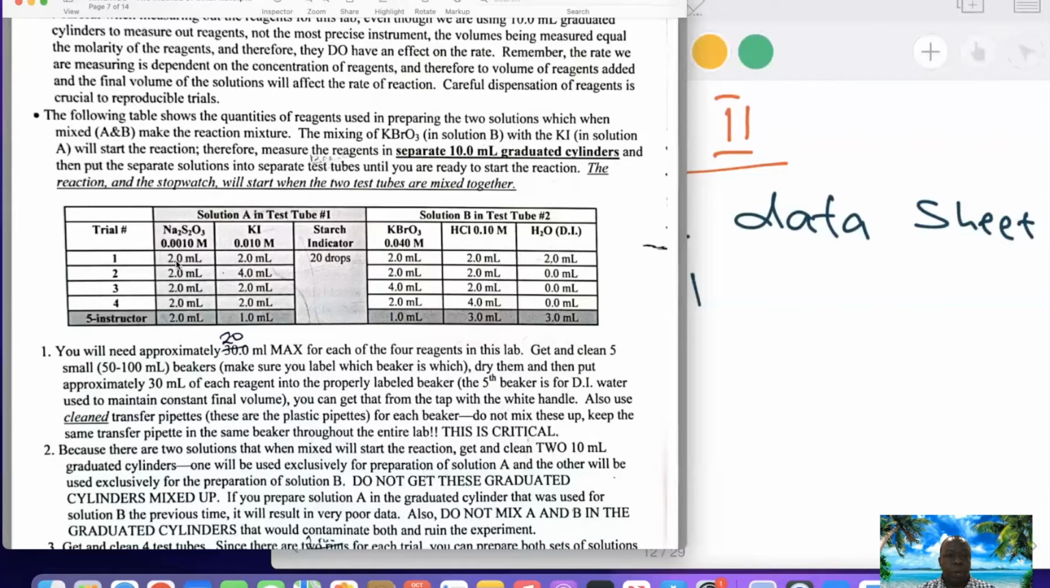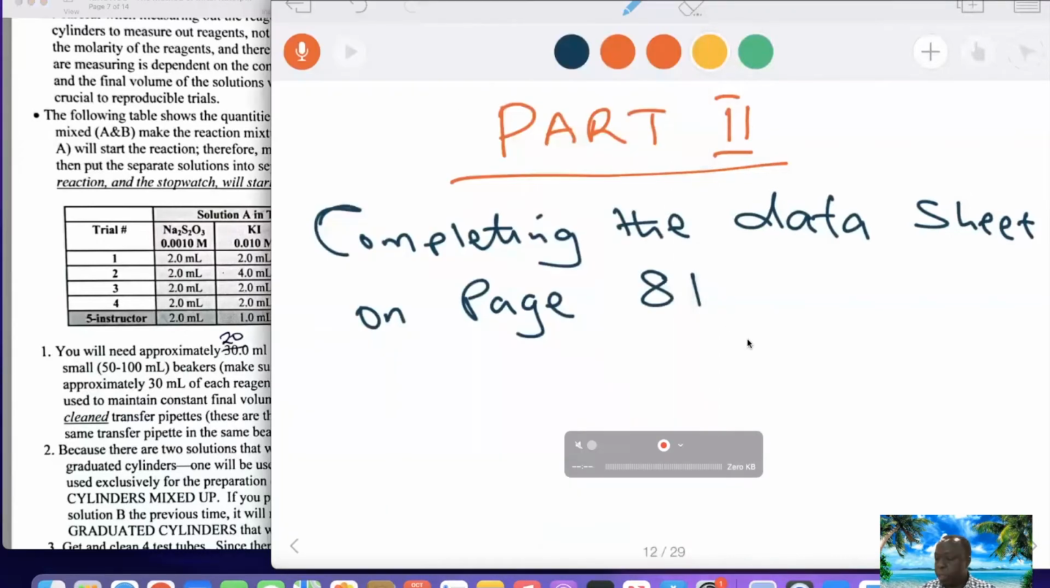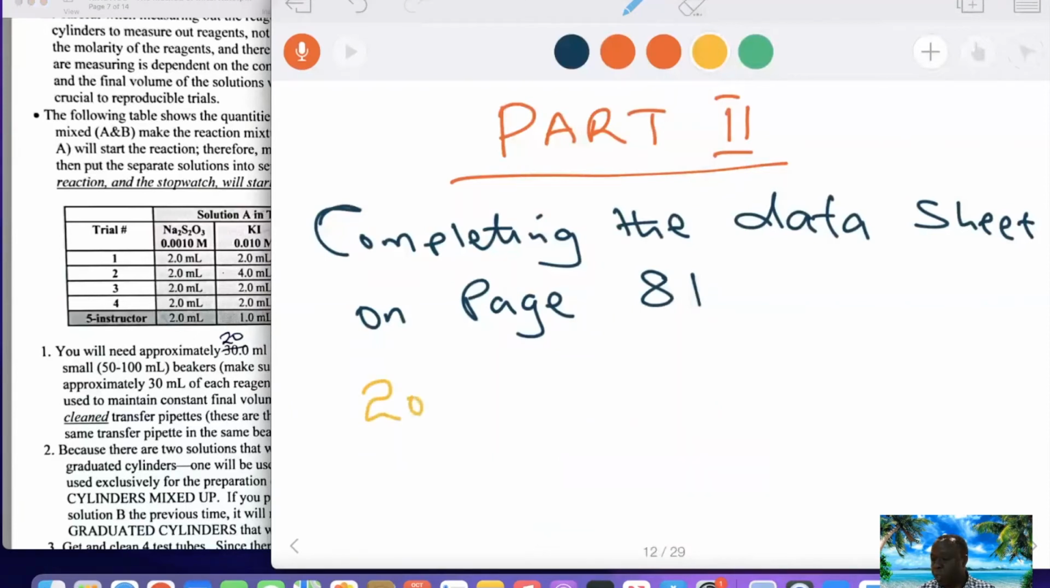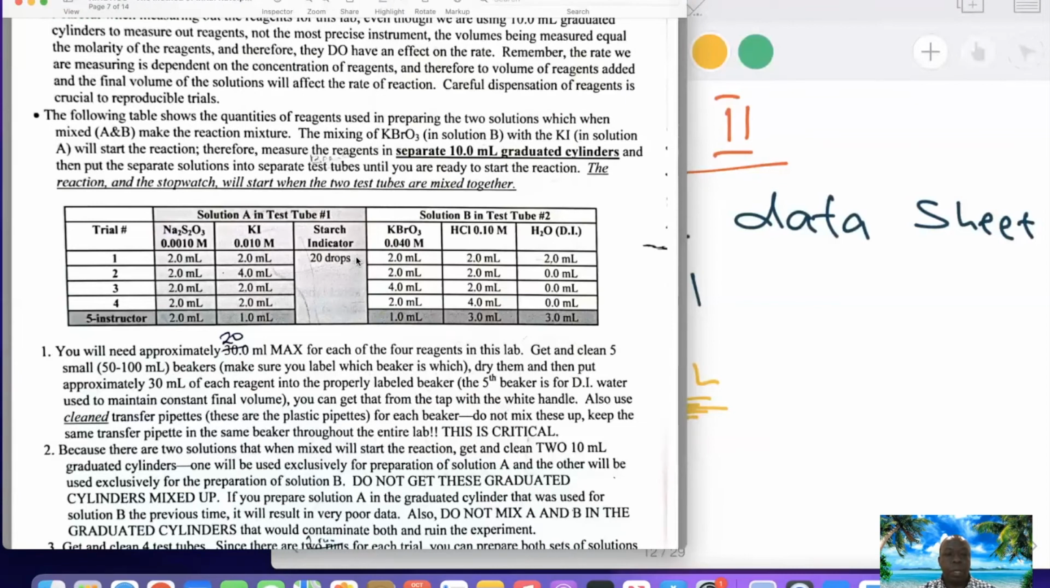In test tube number 1, 2 ml of sodium thiosulfate. This is the thiosulfate responsible for the reaction. Potassium iodide in test tube number 1, 2 ml. This is the concentration. For starch indicator, you use 20 drops, and remember 20 drops, we did this recently, equals 1 ml. We will use this value in our calculation. So this is the solution in test tube number 1, or test tube A. In test tube B,